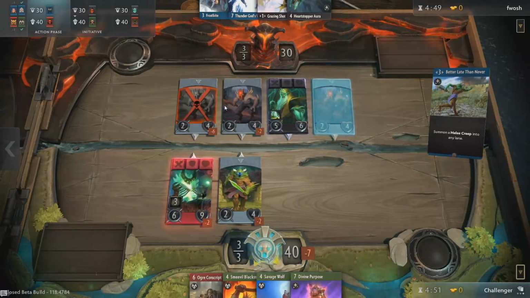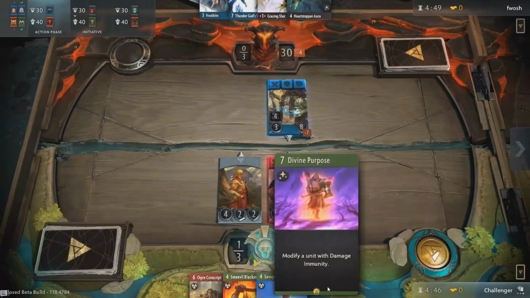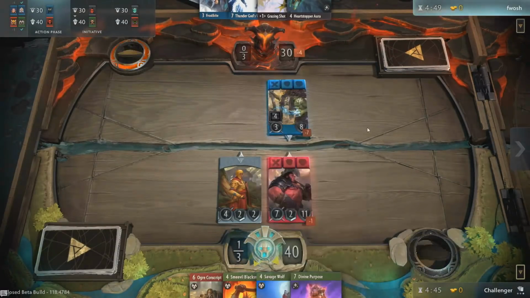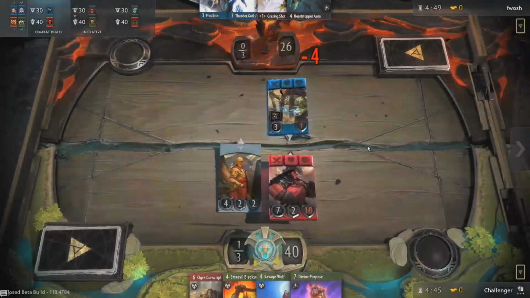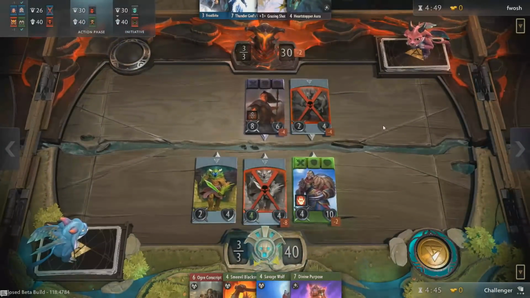you really hope that your challenger has a lot of these random Divine Purpose stuck in the hand, because they don't really do anything for now. No, yeah, this is not a fantastic hand to begin with. Yeah. But again, at 4 mana, it's not about the stat line. Like even that Smeagol Blacksmith, it's a fantastic